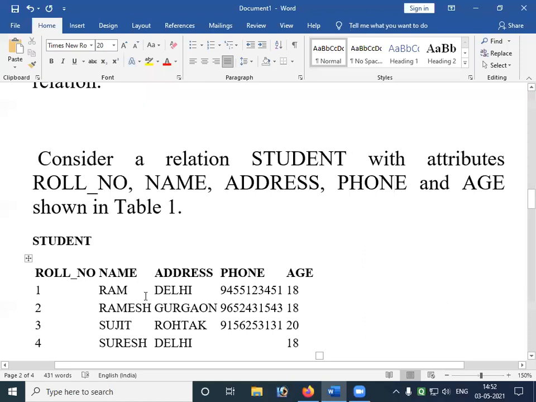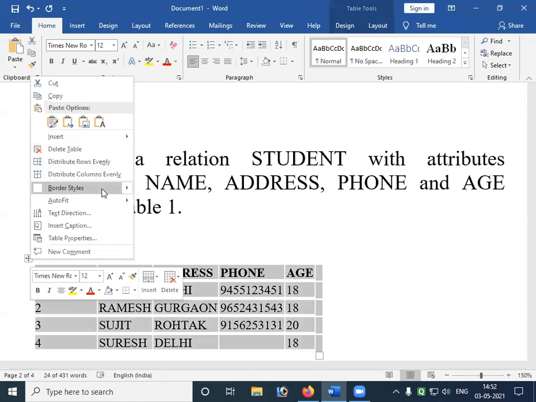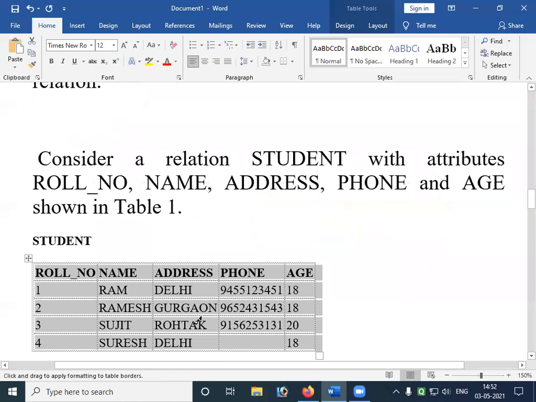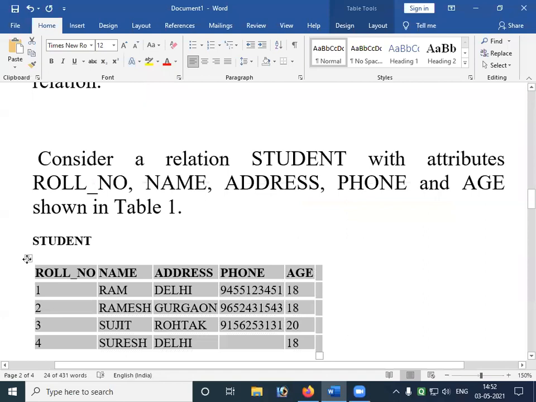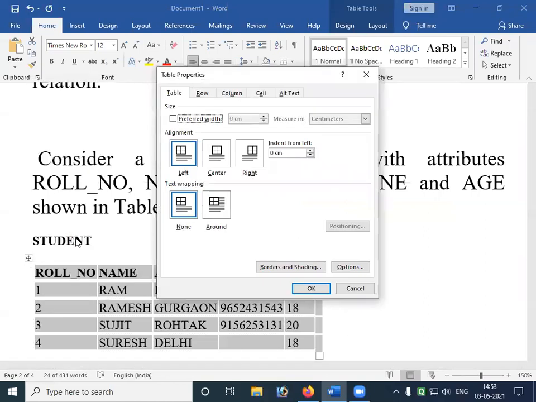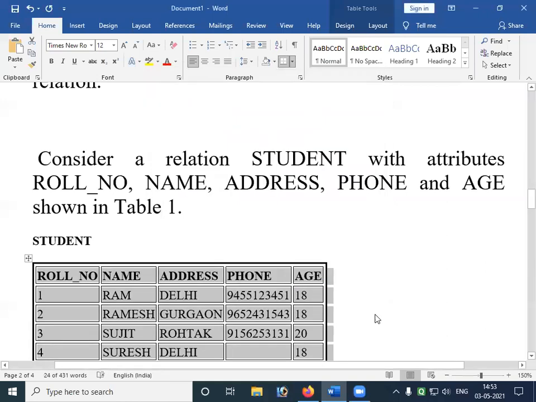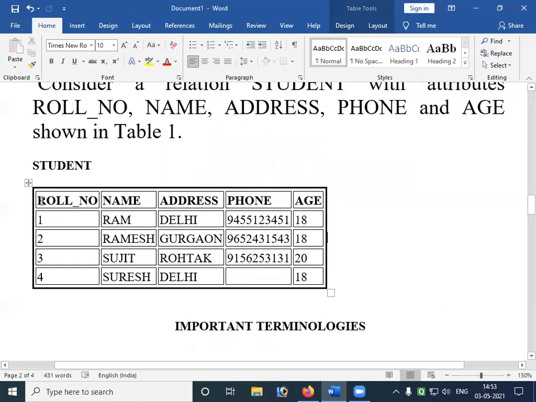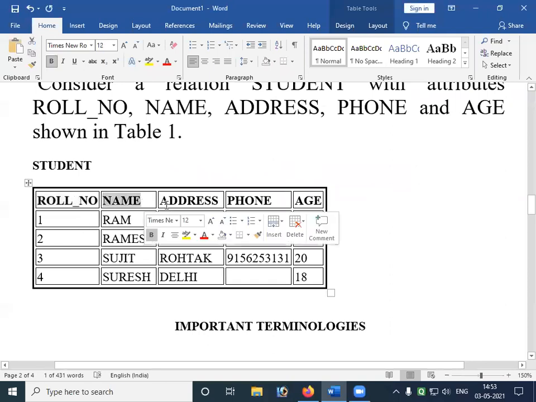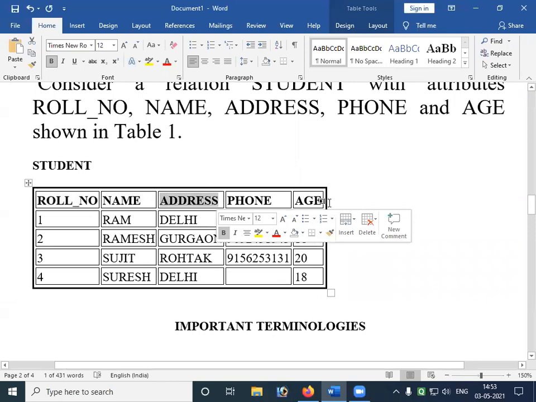See, I have shown that as a table. See here, this is the table. You can see a table like this. Roll number, name, address, phone number, and age.